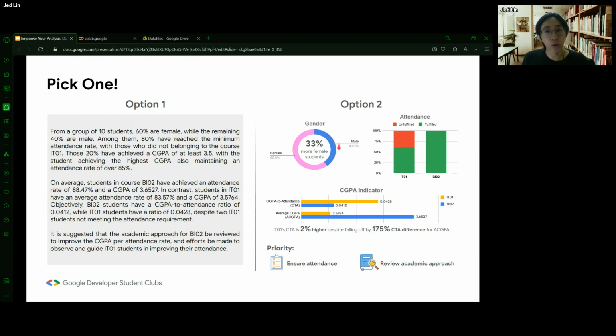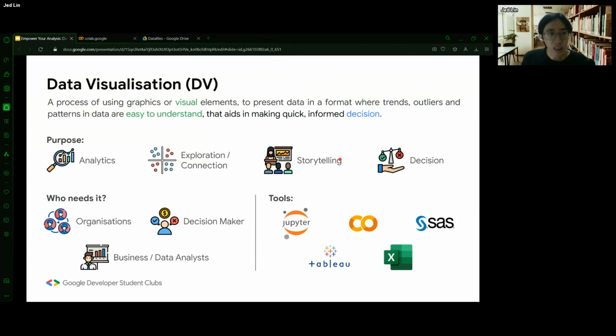Now let's go into the main meat in this event. It's about data visualization. So what is data visualization? Data visualization is a process, okay? It's a process of us using graphics or visual elements. So in which case just now we are using the images, right? And then we want to present the data in a format. We want to present data in a format where trends, outliers, and patterns in the data are easy to understand,